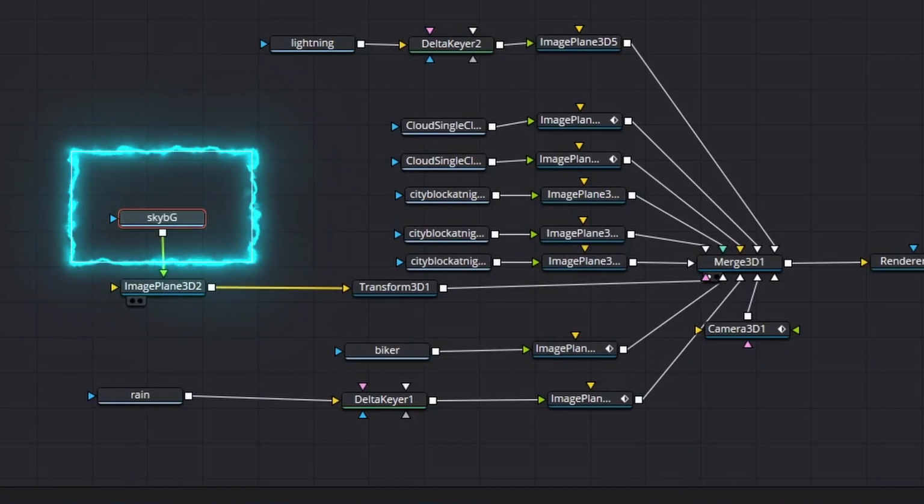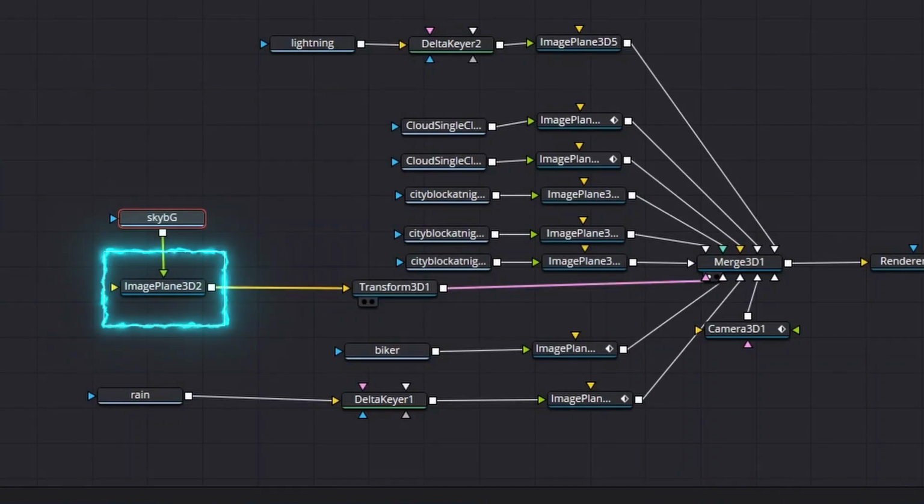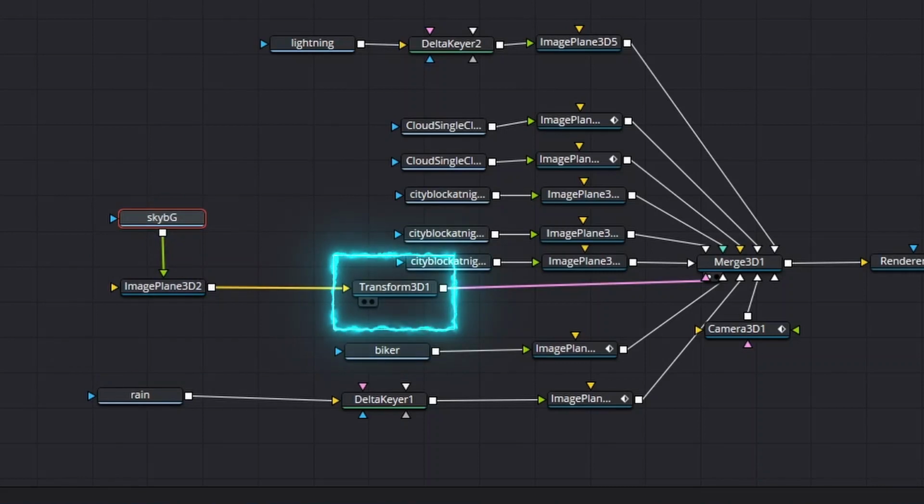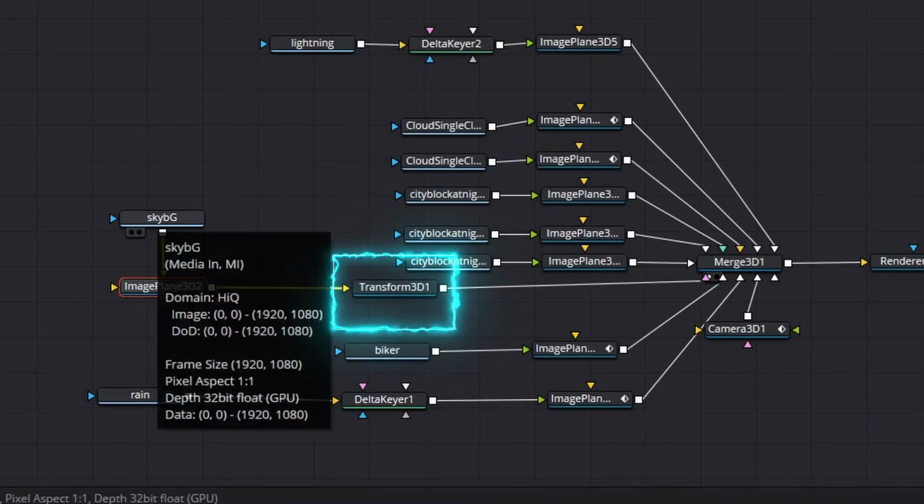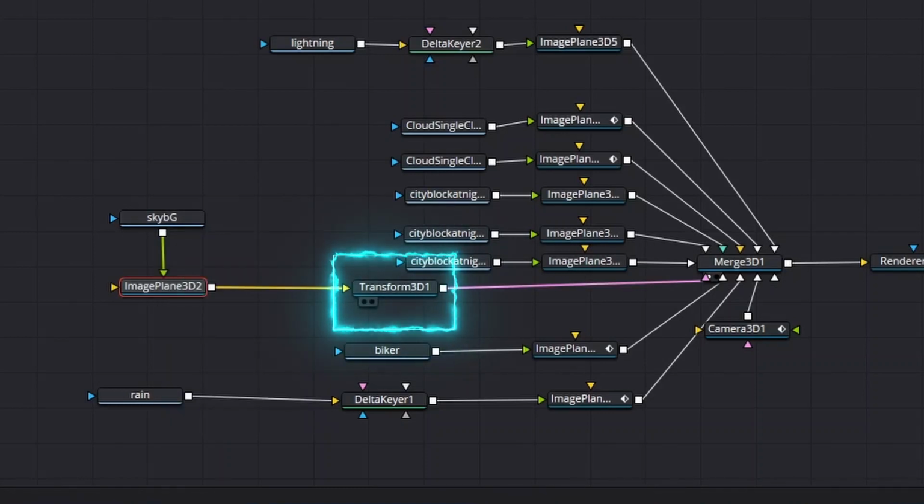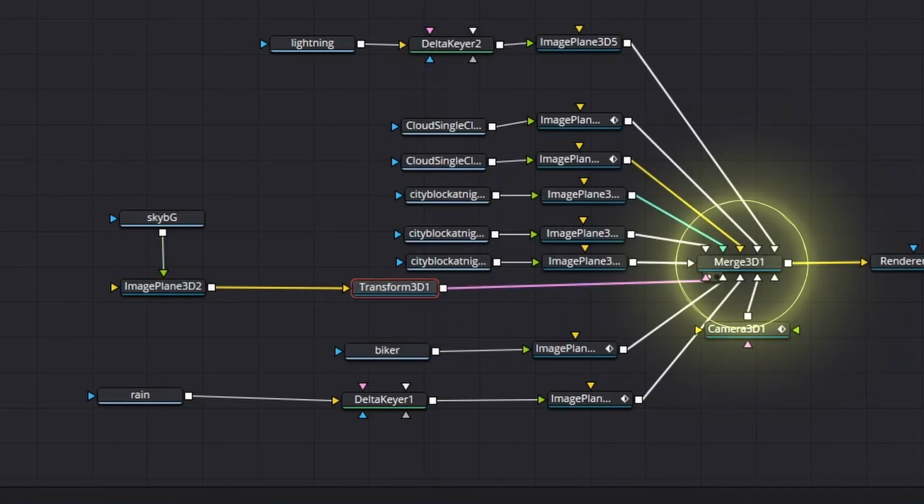It's going into an image plane 3D node right here. And then I also have it going into a transform 3D node so that I could further make it even bigger, because there's some transform things you can do in the image plane 3D nodes, in the inspector tab, that has a transform section for that as well. But because of the size that I needed to get out of this sky, I had to actually add in a separate transform 3D node as well, and do some things in that, and then take that into the merge